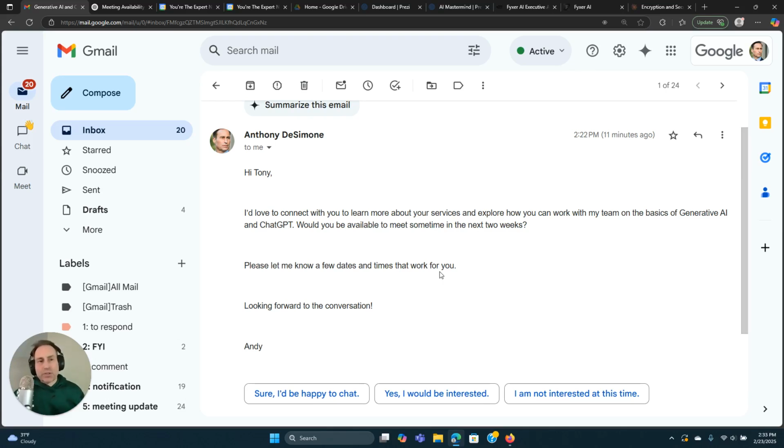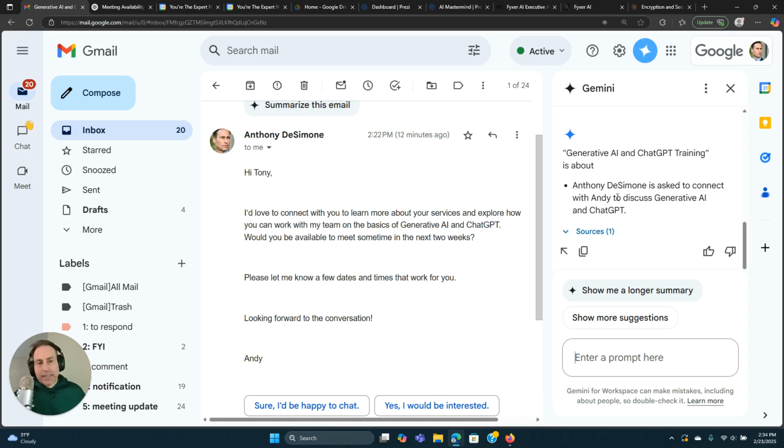That brings us to option 2, where you can purchase a seat where you have your generative AI integrated into your email. Microsoft Outlook has Copilot. You could purchase a Copilot seat for $20 a month. Google has Gemini, and you can purchase that seat for $20 a month as well. I've purchased Gemini in my Google Workspace, and as you can see, the icon is right there. So if I select that, now